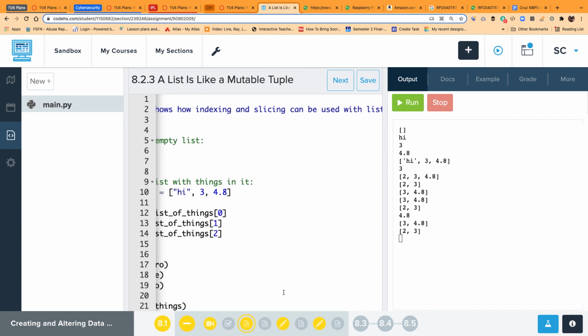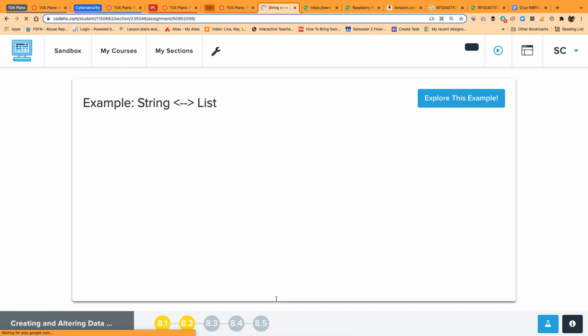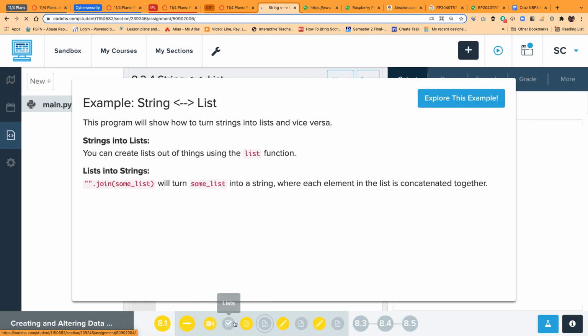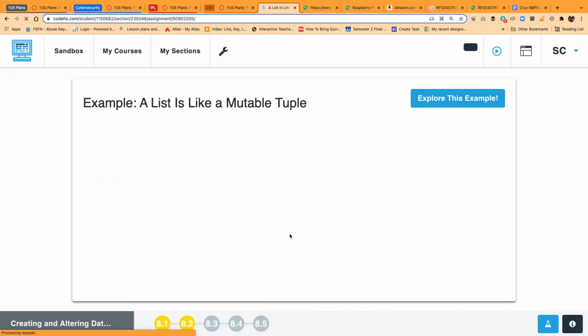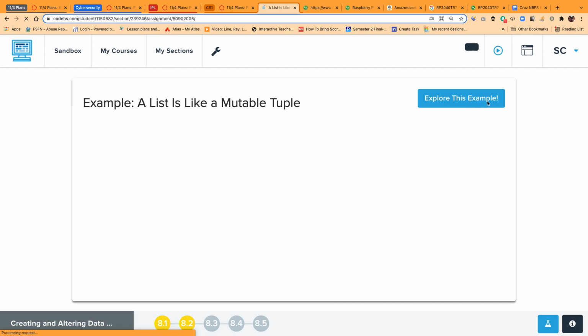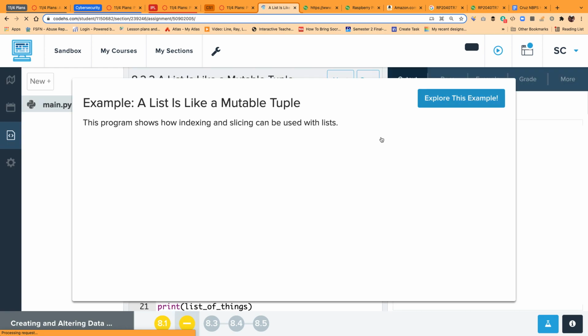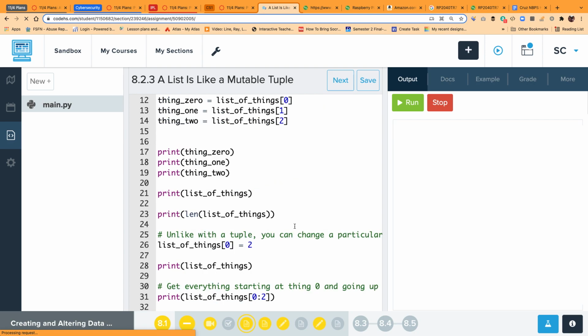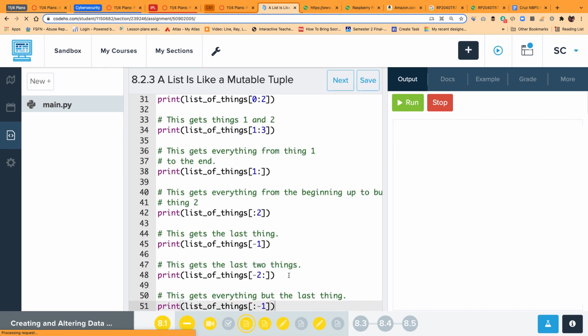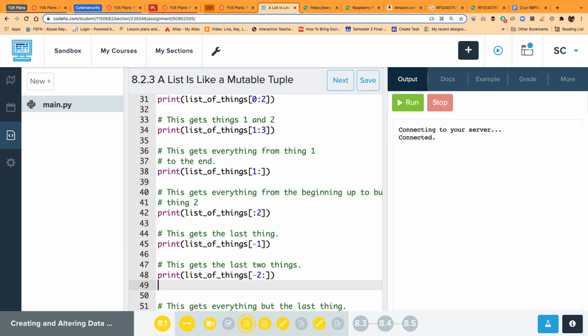Okay, all right, so now let's look at how to change items. If you want to get the last two things, you use the brackets with -2. Let me go back. So like this one here. If you want to change -2, the second to last one, you just say equals. So I could say list of things -2 equals